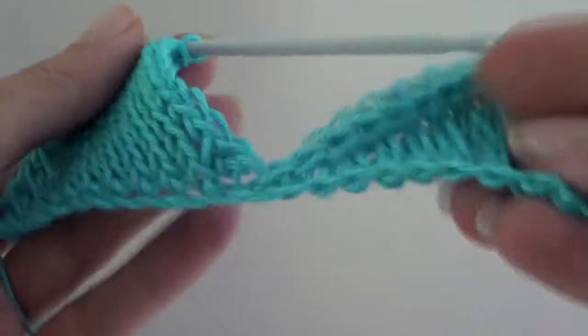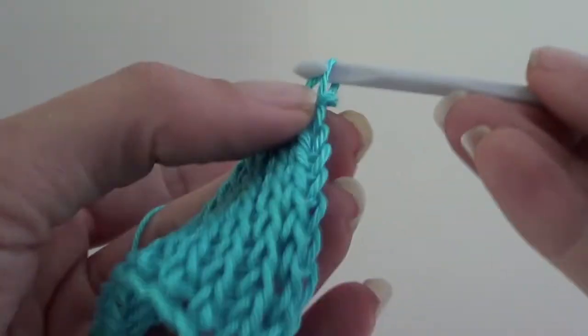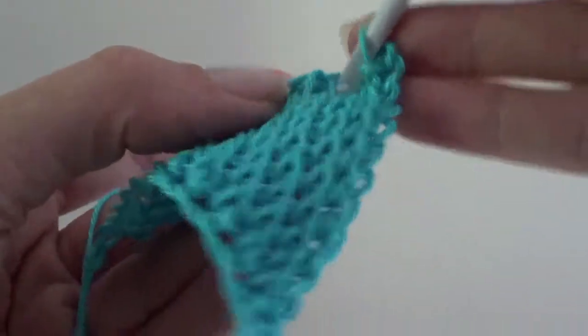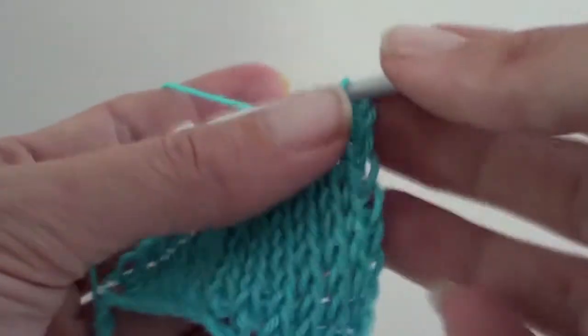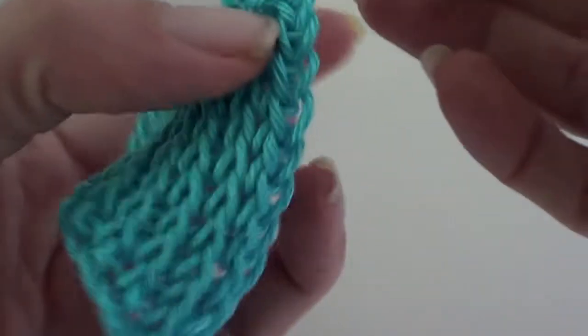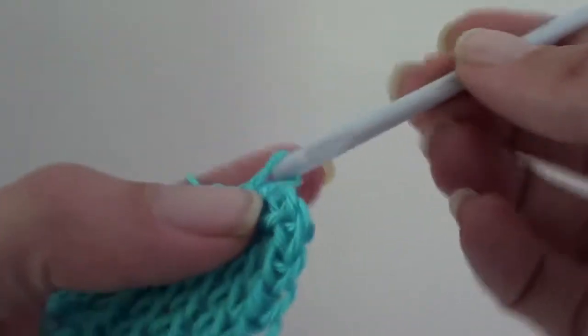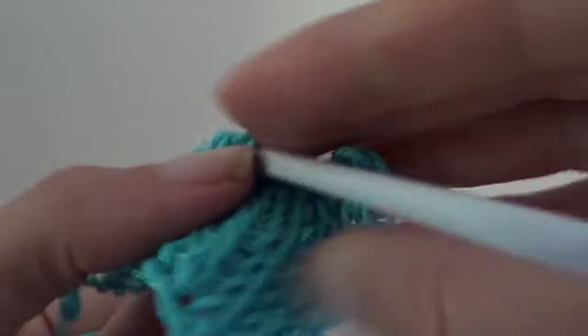Okay, I'm back again. Now I've got my 2 triangles and I'm just about to do the slip stitches across the top. So remember, when you're working those slip stitches, insert your hook as if you were going to do a knit stitch, pull up a loop and just slip that through, making sure that your stitches are nice and loose. So we're almost there,